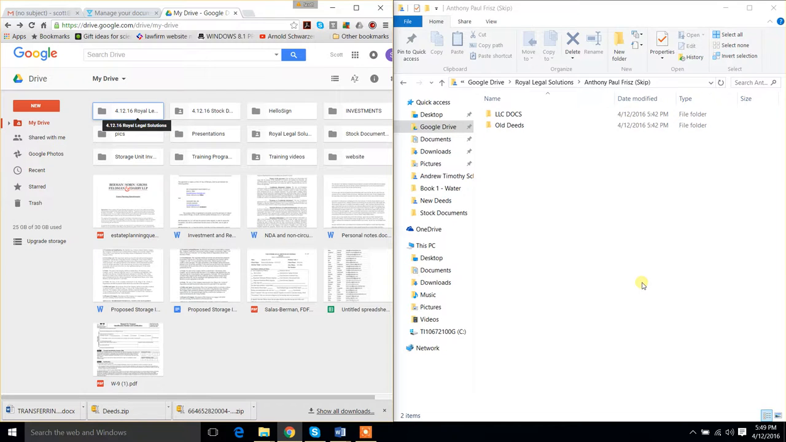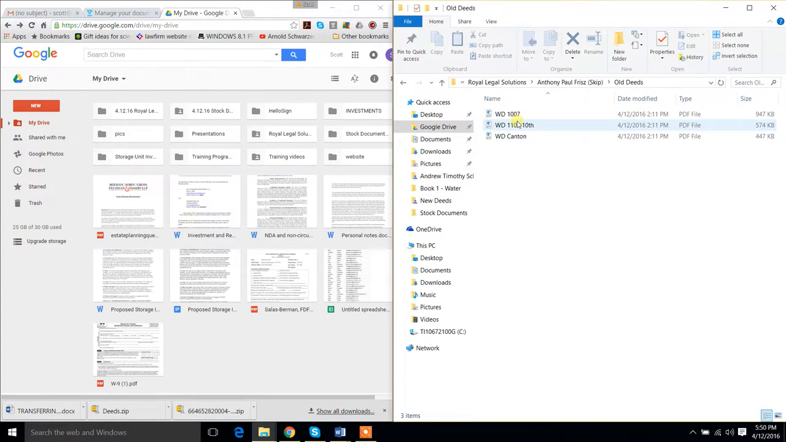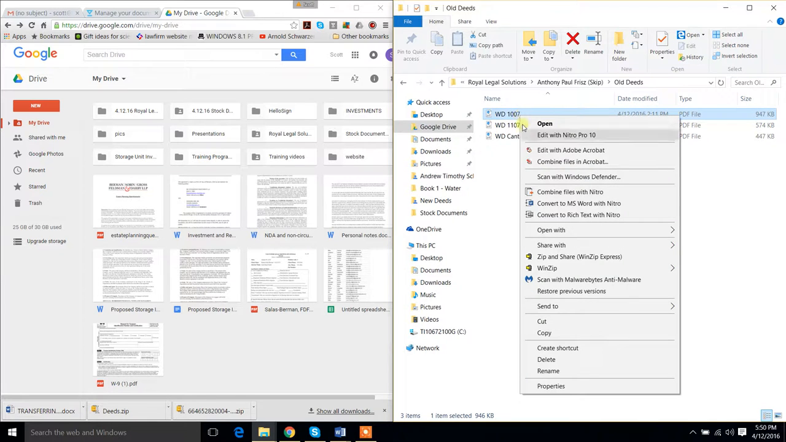We're working on doing the deeds for any other properties. So what we're going to be looking for is we're going to look at Anthony Paul Fritz's. You can see in here he has all of his LLC documents, and this is for all of his old deeds. So we'll go ahead and open up the first deed file